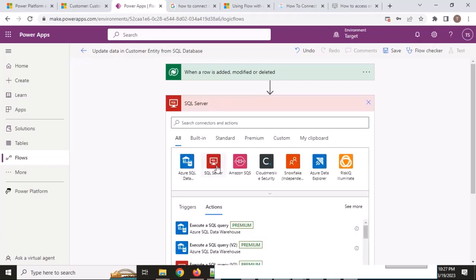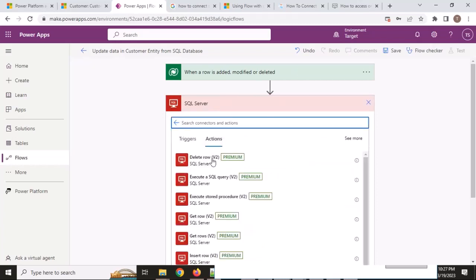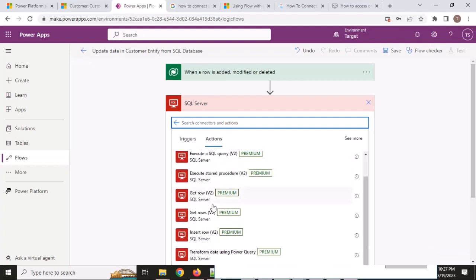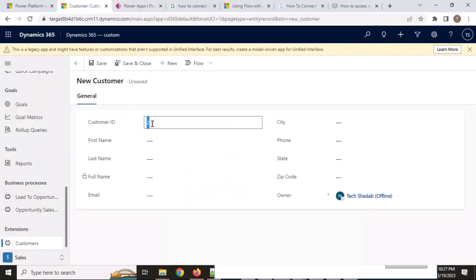Now what I want is SQL data. I can choose execute delete a row, execute a query, execute stored procedure, whatever you want. Get rows means all rows will be fetched. But now I want a single record. Suppose I type 2 here, then I want all the data for this ID 2. Like here, if you go here,